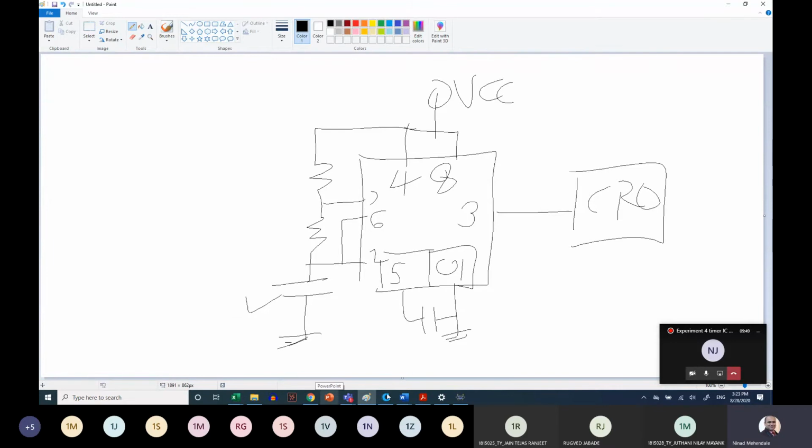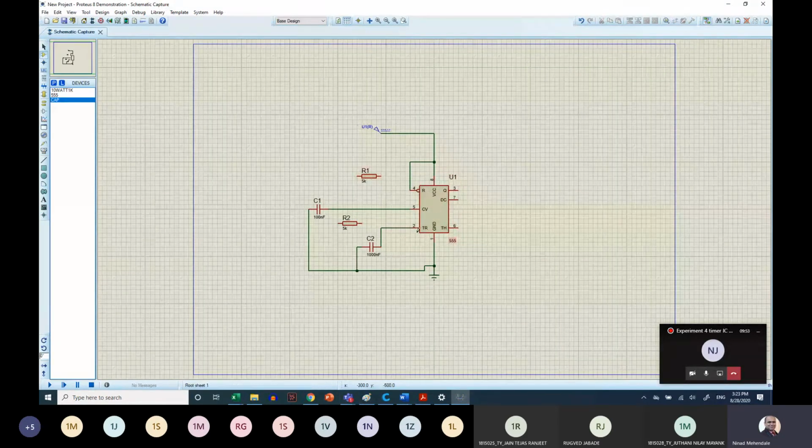And let me go back to Proteus now. So I have pin number 2 already grounded. So I will take pin number 6 and ground it. Next, I need a resistor from this point and pin number 7. So I will drag this component on this side in front of pin number 7, and I will just connect pin 7 to 5K and the other point back to pin number 2.